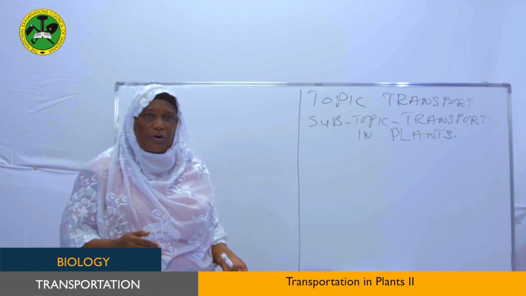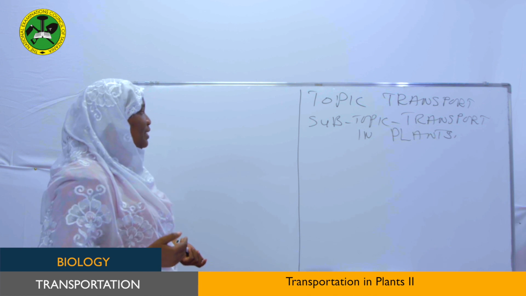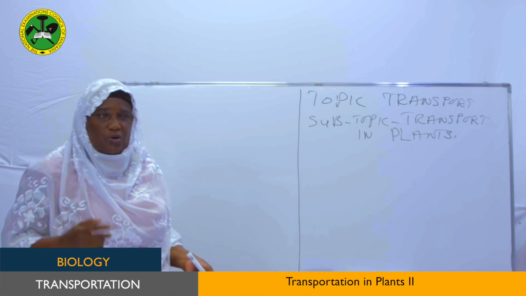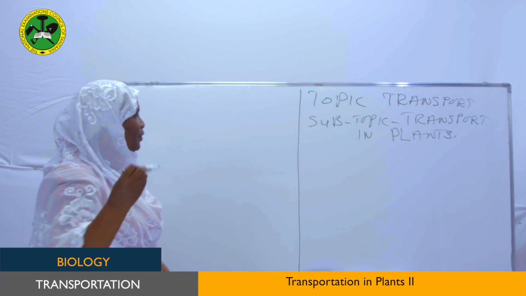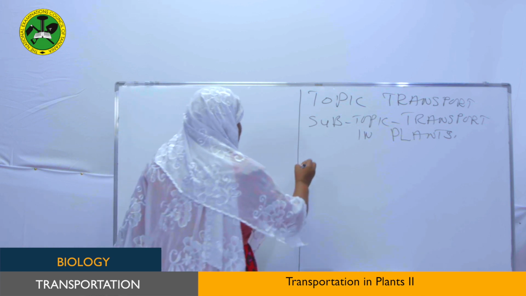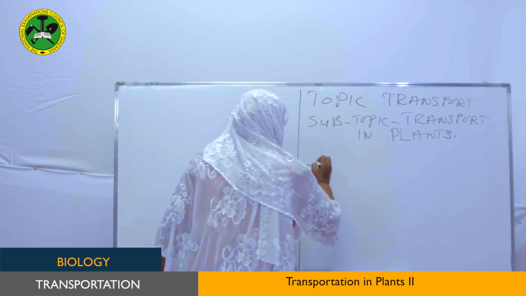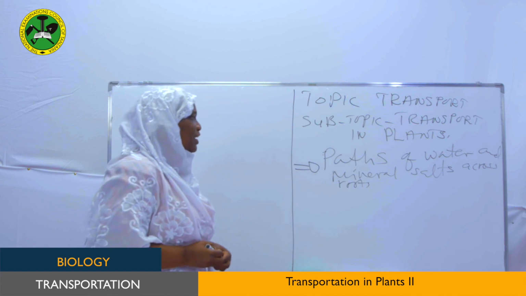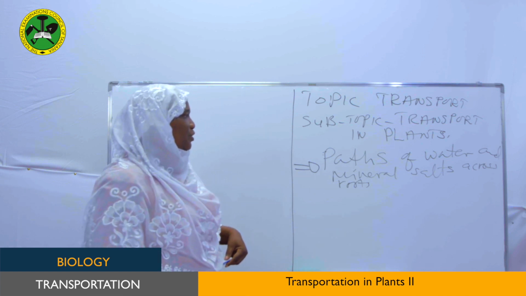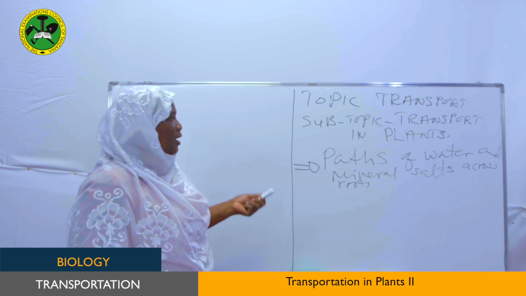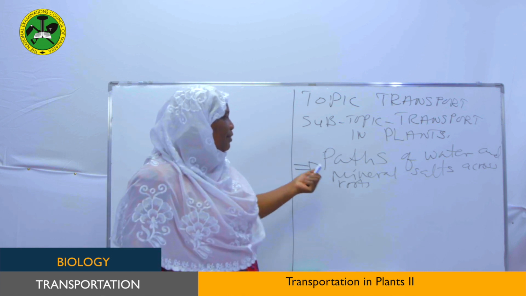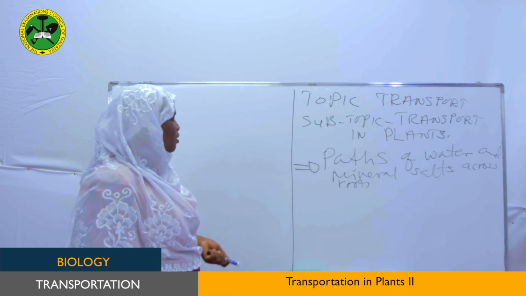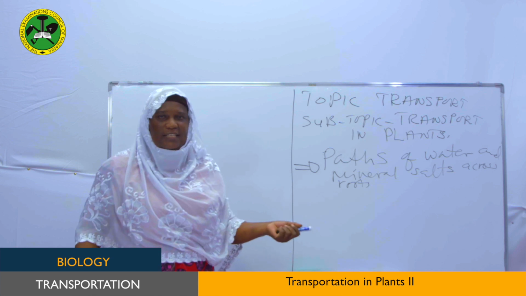Therefore, today we are going to discuss another aspect. We are going to cover the so-called paths of water and mineral salts across the roots. And after that, we will also discuss the forces governing